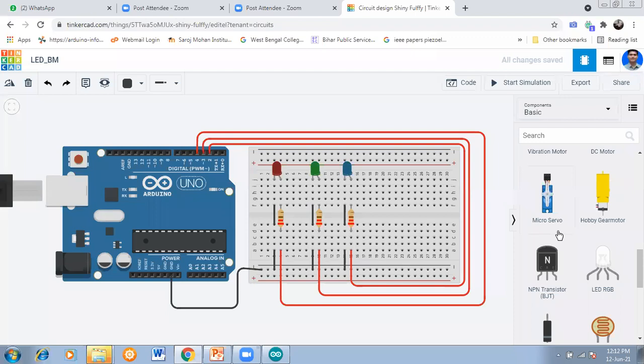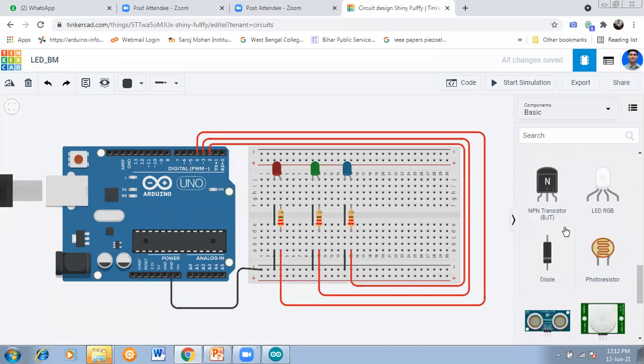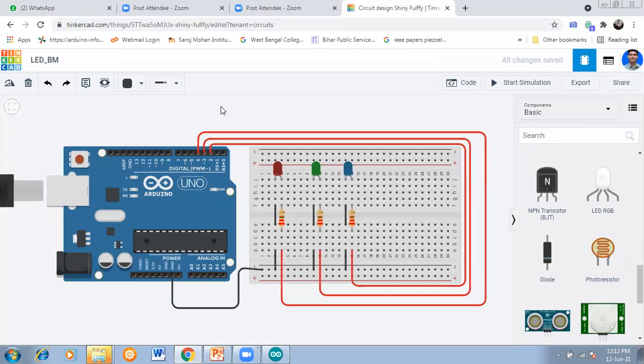So this is saved now. We can modify this circuit also.